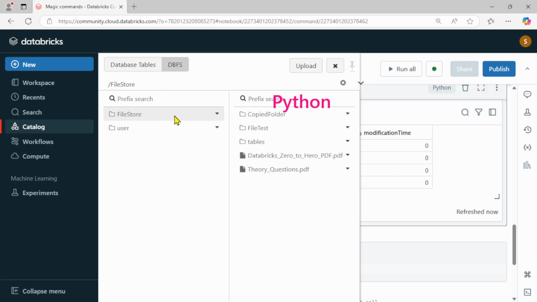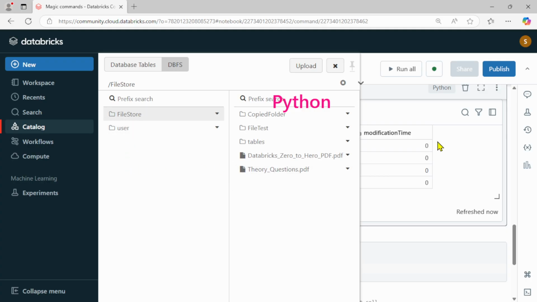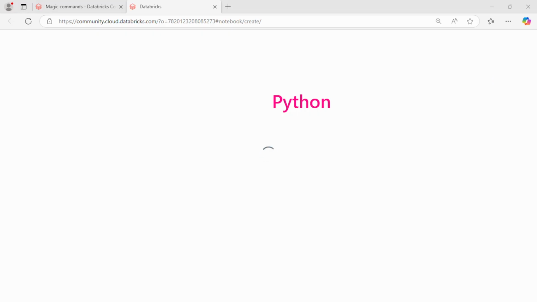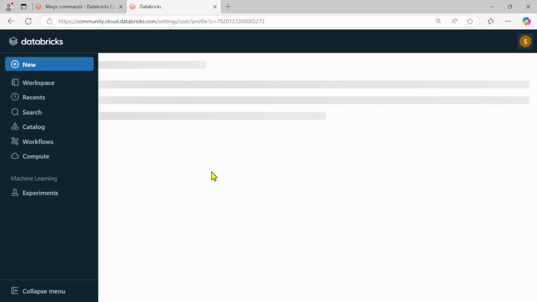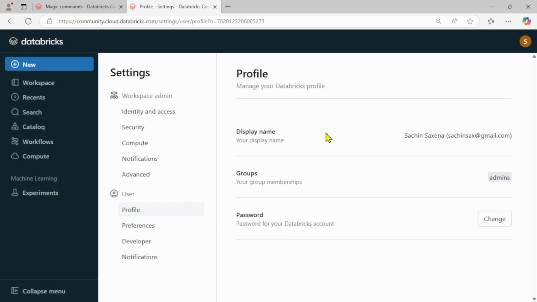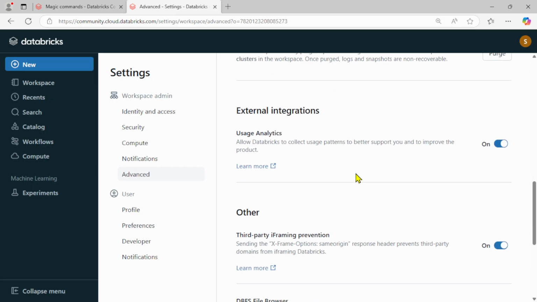If you click on this DBFS, you can see so many file stores, users, and so many files are there. It might not be there for you initially, but you can create all these files, folders and notebooks as well. Now, if this DBFS is not showing in your notebook, you can enable it by making some changes. You can come back here inside settings. Inside settings, go to advanced,